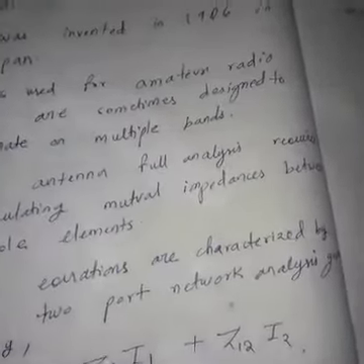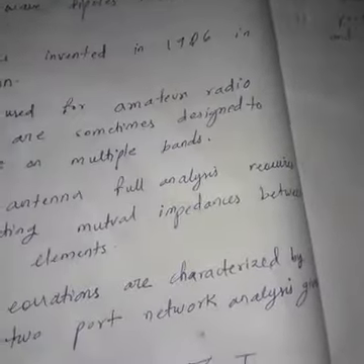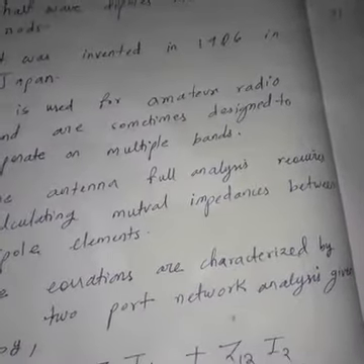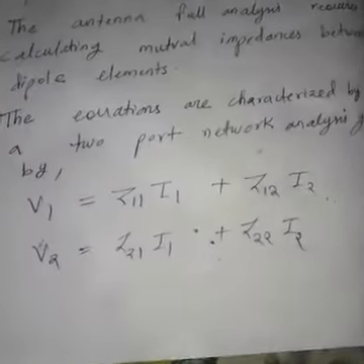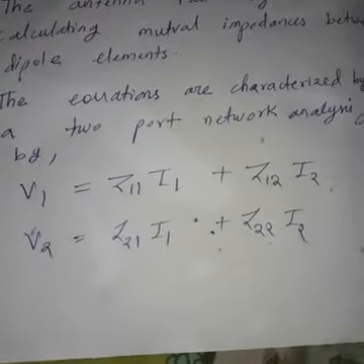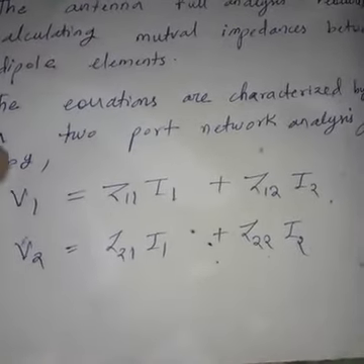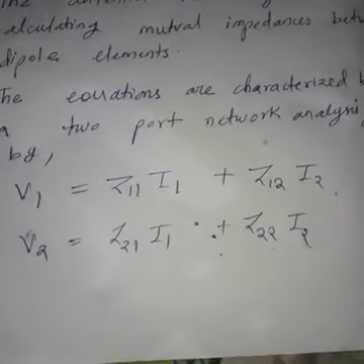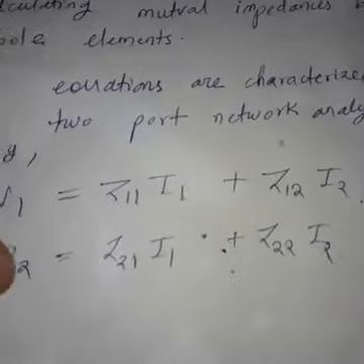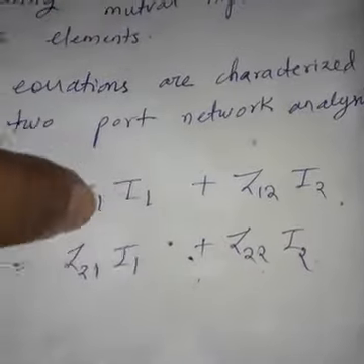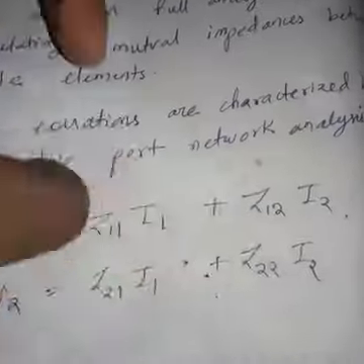So the two-port network approach, if you remember, is used here to calculate the design aspect. So the characteristic equations are given as the Z parameter equations, if you recall from your two-port network. So V1 equal to Z11 I1 plus Z12 I2, V2 equal to Z21 I1 plus Z22 I2. V1, V2 are the input and output port voltages, I1, I2 are the input and output port currents, and these are the impedance parameters. Okay, so these are the various impedances of the various dipole antennas connected in the Yagi-Uda antenna.